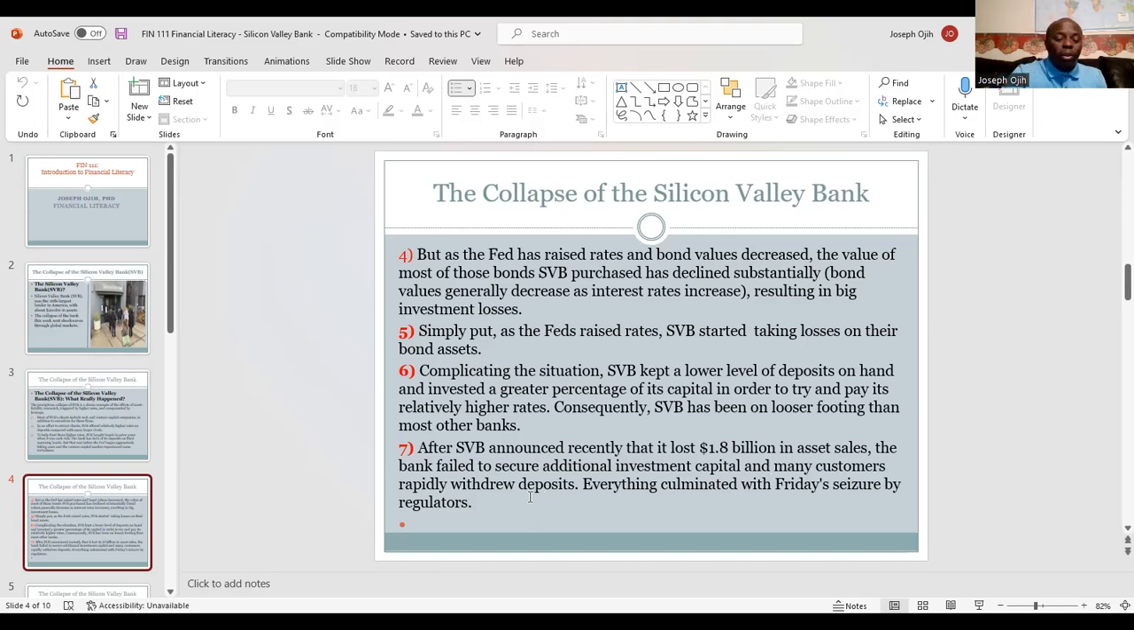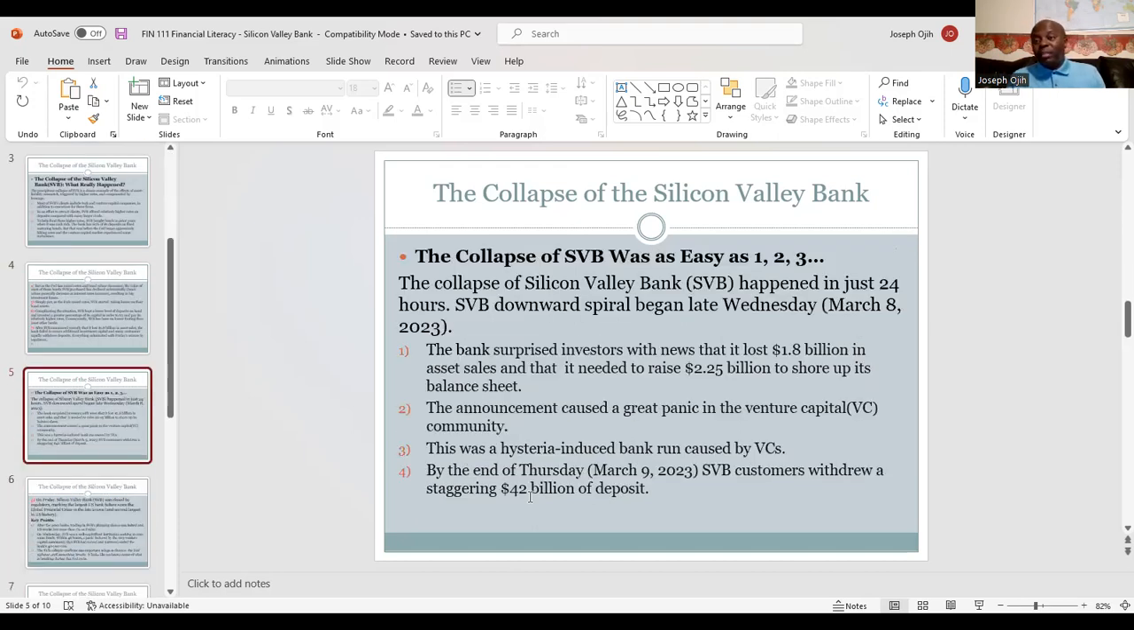So they started withdrawing, something like a bank run. In fact, it's a bank run. So they can't meet the deposits, and customers want their money anyway. And to be able to meet those cash withdrawals, they have to liquidate more of these bonds. So the whole thing happened within 24 hours, just 24 hours. It began on Wednesday, March 8th of 2023. And the bank